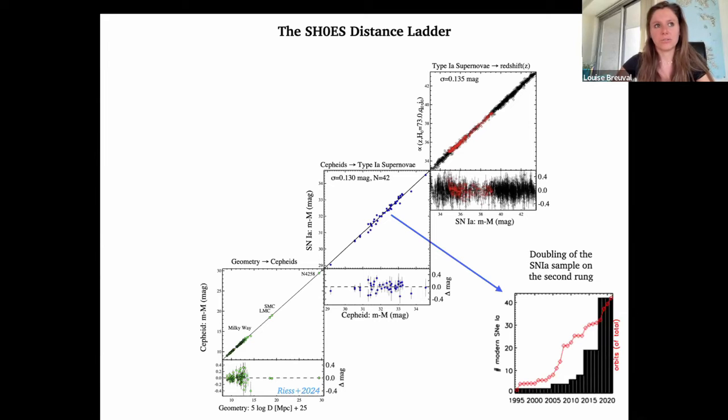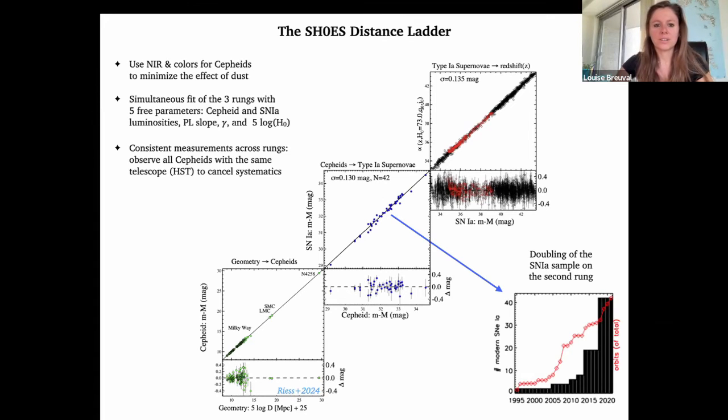So I'm going to present a few details that we have worked on recently. I would say the most important thing in 2022 was the doubling of the supernova sample on the second rung. There used to be 19, and now there are 42. The histogram shows you the evolution of the number of type 1a supernovae here, and it has really doubled in